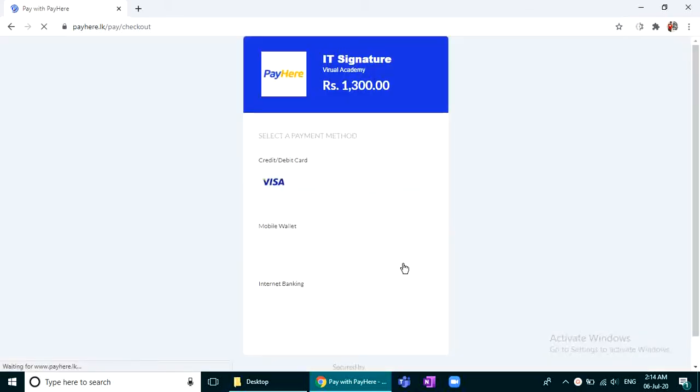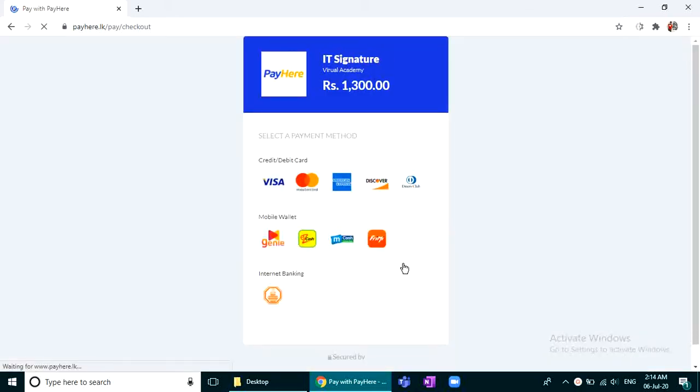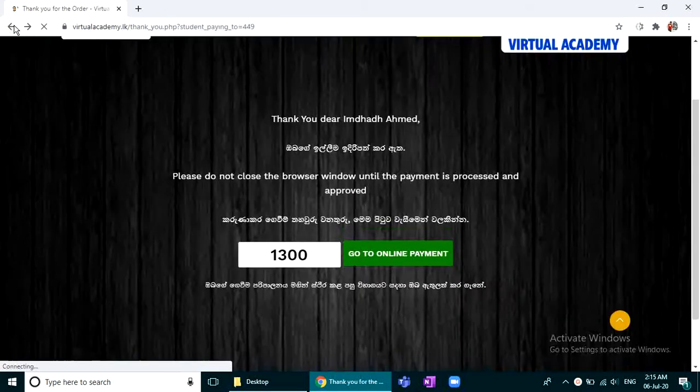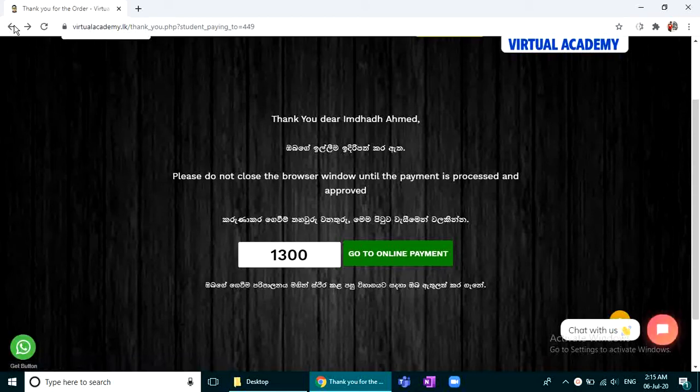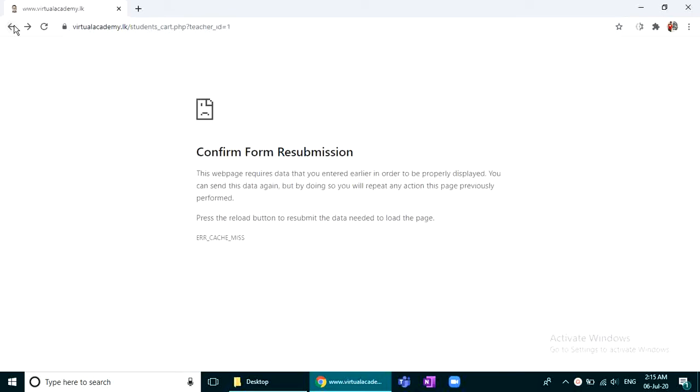Once you click the green tab here, it takes you to payhere.lk. This is a safe way to pay, and I think you're familiar with how to pay using a card. You already have another video on how to use electronic cards such as debit or credit cards to pay online. I won't be teaching that here. You can check the video in the description below. The link is available. You can go to the link and watch that video. That's how you get into a lesson here.